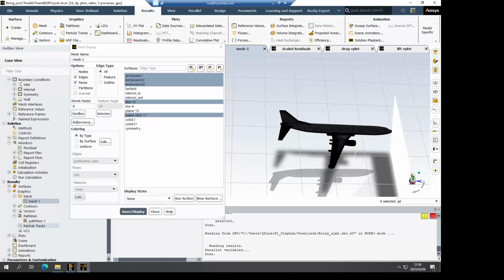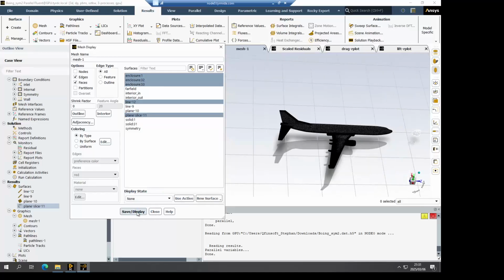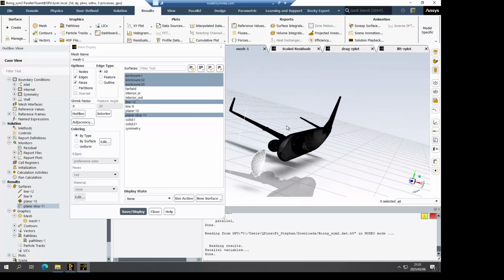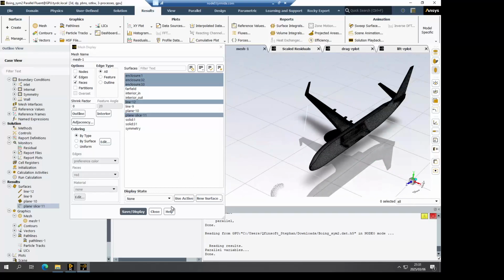Yeah, my plane is not correct. Okay, oh, sorry, spherical, not plane. Okay, so there's a surface in front of the airplane that I'm going to use for tracking particles, and there's the line in front of the wing.